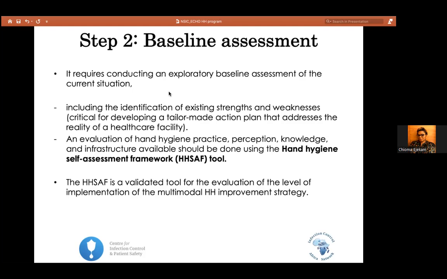Remember I mentioned advocacy and knowing that the business of quality and IPC isn't buy for $1, sell for $3, and you make $2 change or gain. It doesn't work like that. Most times you have to apply the benefit over time. So your baseline is always very important in anything you want to do. And in this context, we mentioned the Hand Hygiene Self-Assessment Framework, HSAF, which we will dwell more on later in this presentation. But that's what you use for your baseline assessment.